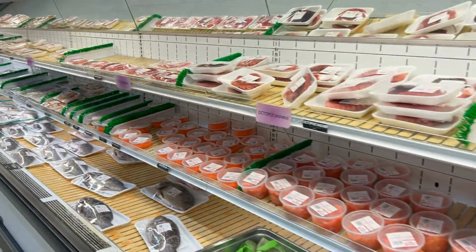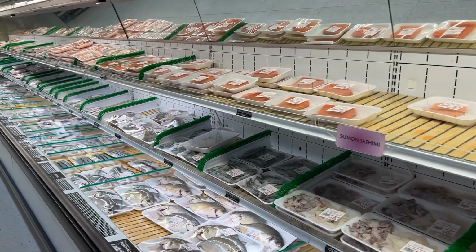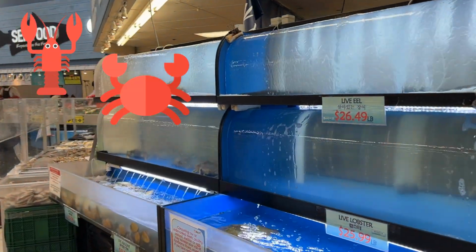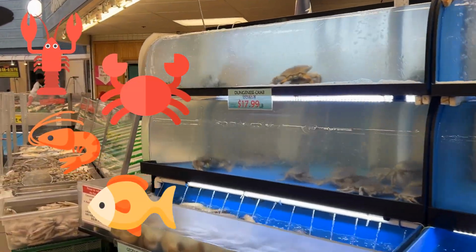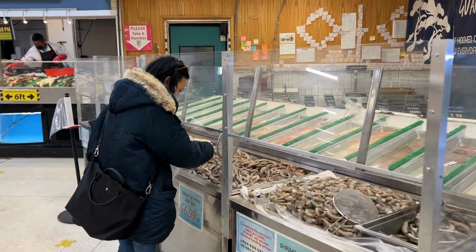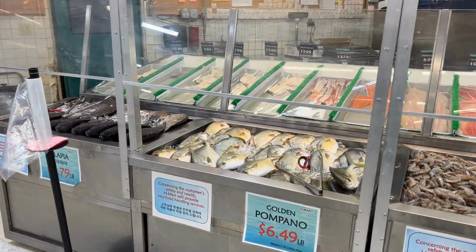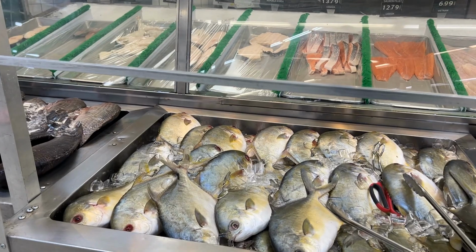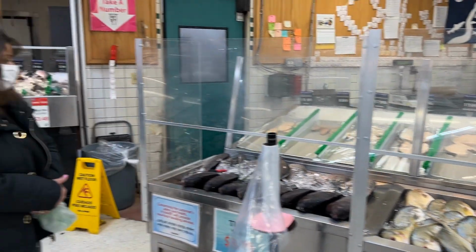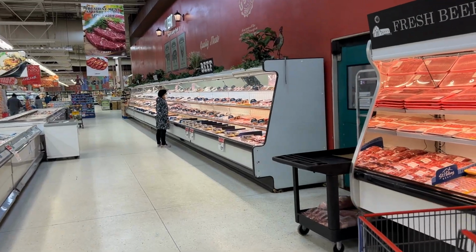As you can tell, I've not been to the Hmart, but guys, I'm not a cook, so full disclosure here. Lobster, crab, shrimp, fresh fish, and in some of these areas you get to pick your own. So for those who love to cook this kind of food, that's an extra bonus because you are the one who gets to determine if the fish looks fresh, if it's the right size, to feed the crowd you're looking to treat. You can get great fillets of fish, center cut salmon,